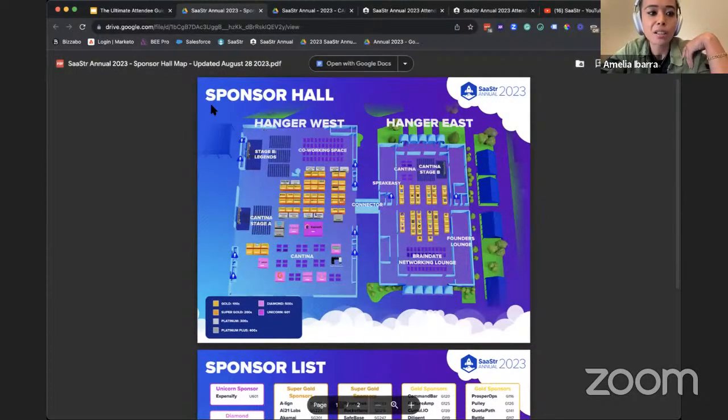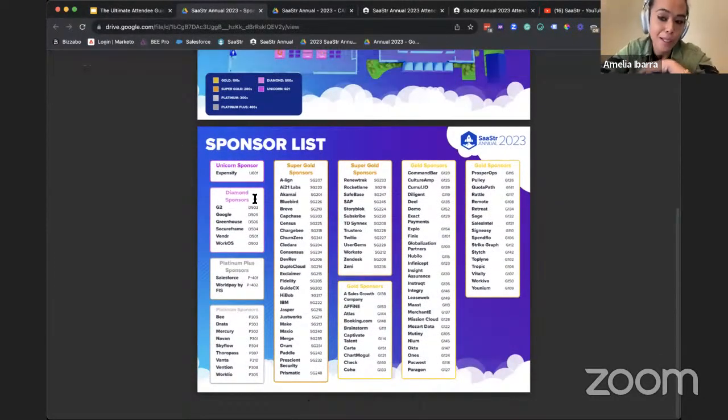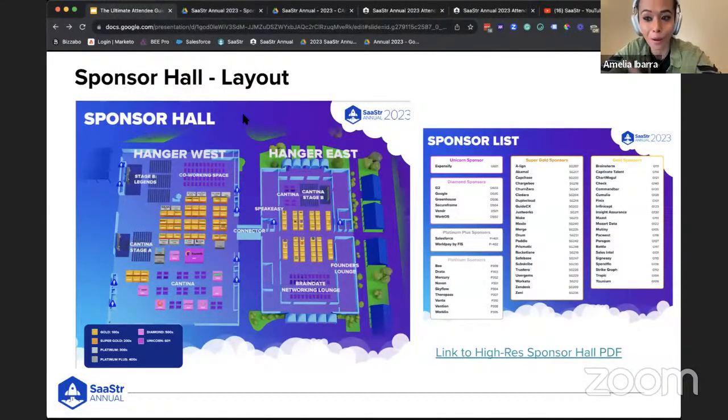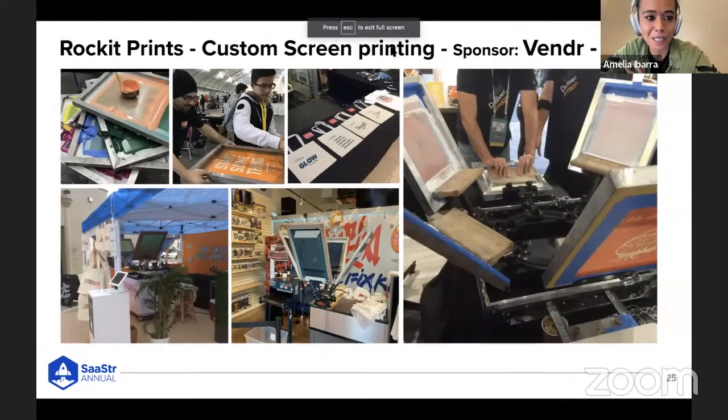And also I wanted to call out a few things on the sponsor hall map. A lot of our sponsors have fun activations. So if you're looking for the best swag, the best food, we call out some of them on the slides here. We cannot call out all of them because honestly, there are so many good ones. I think I'm going to have my team make a little scavenger hunt map of some of these. But there's things like,